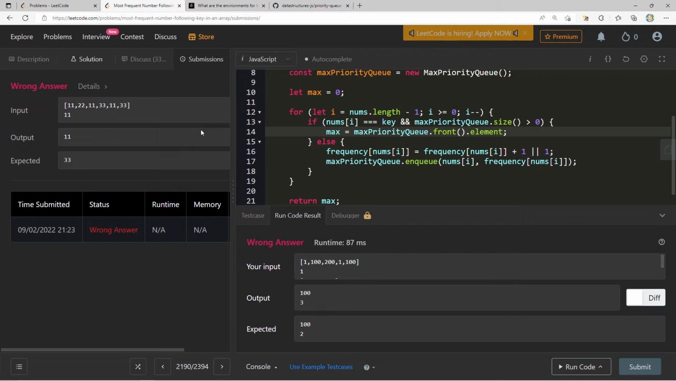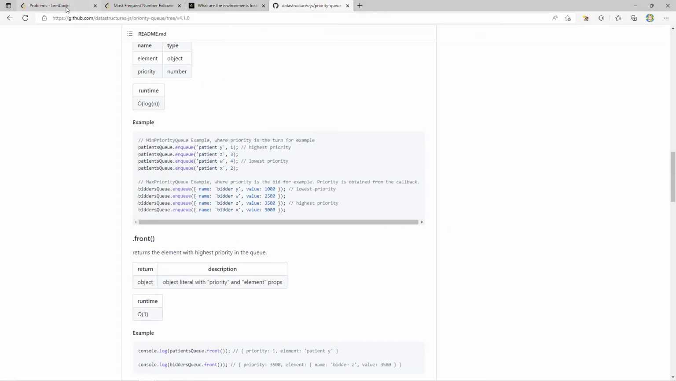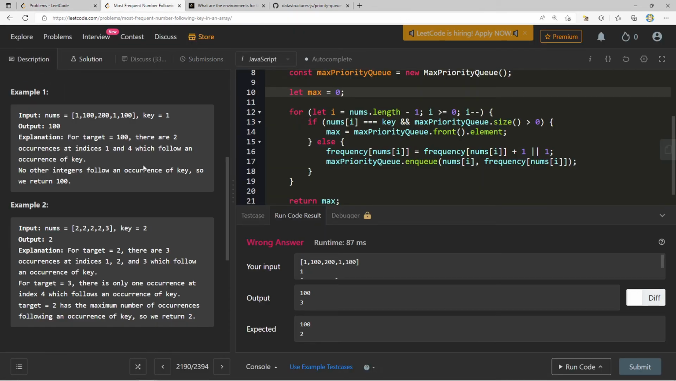I can probably add the key. So if it's key, the max here, before I ever add it, should be the thing with the highest priority. Oh, and that's still going to be 11. It's not going to be 33. Maybe if I had a max heap that also took into account count or something, yeah. Because if there's two with the same,